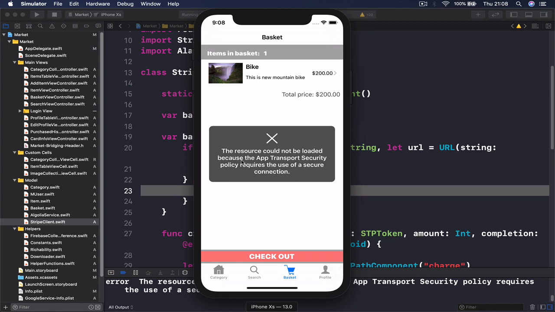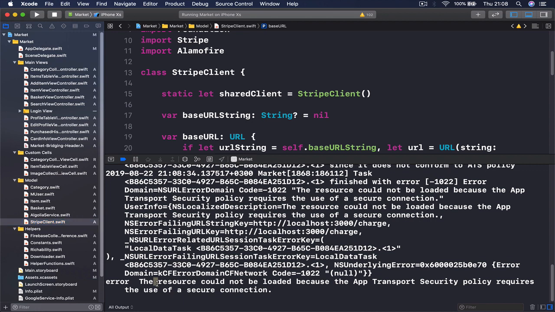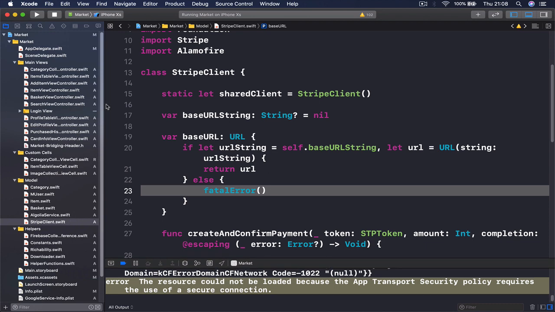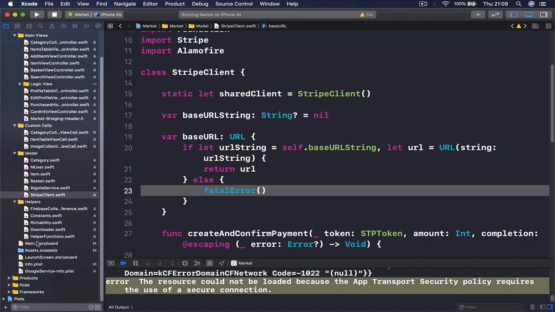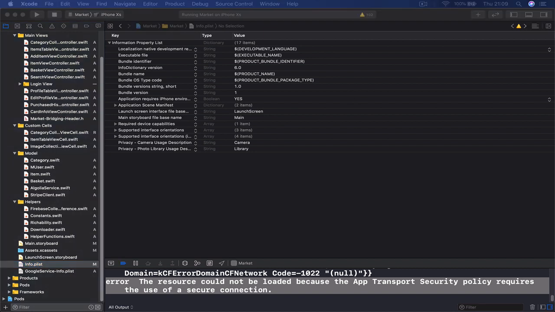42424242, click done, and it says the resource could not be, okay, it just went away because we have it for 2 seconds, but luckily we are printing on our console. The resource couldn't be loaded because the App Transport Security policy requires a secure connection. All right, this is another thing we need to do before we can work with our backend. And the reason it gives us an error is because in our Info.plist, we haven't specified that we are going to allow non-secure transactions, and by non-secure, I mean HTTP and not HTTPS, because we are running on a local